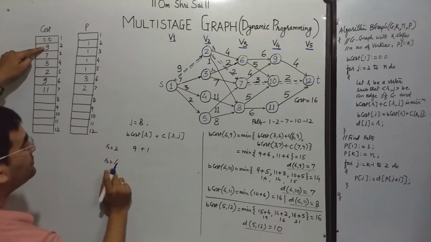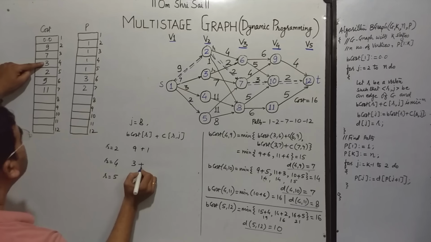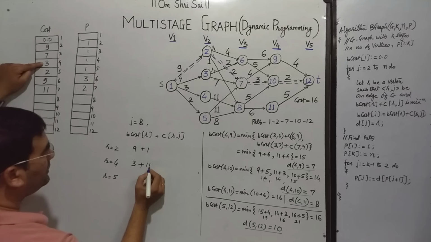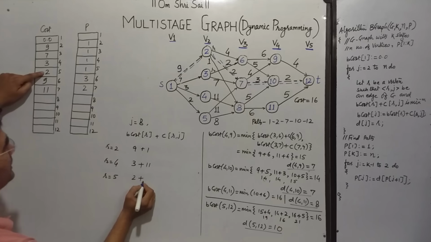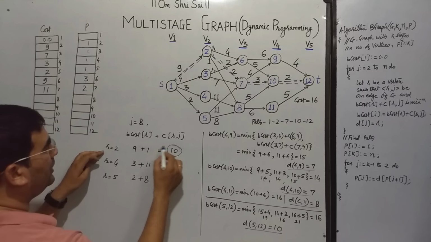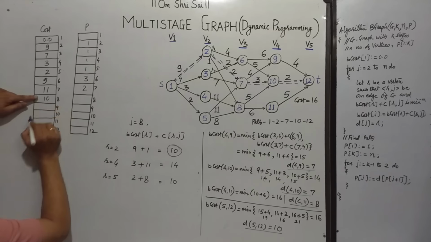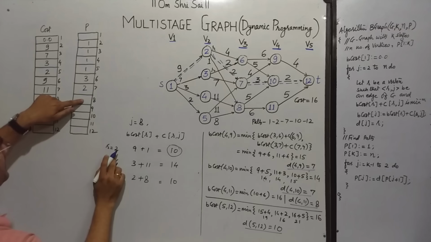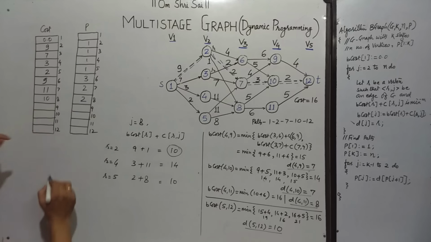The next is r is equal to 4. So b cost of 4 what is that, that is 3 plus 4 to 8 के लिए the distance is 11. Cost of 5 that is 2. So 2 plus 5 to 8 that distance is 8. So I'll take this as a minimum value. So cost of 8 will be 10 and this is due to the vertex 2 and hence due with this statement this will be 2 again.